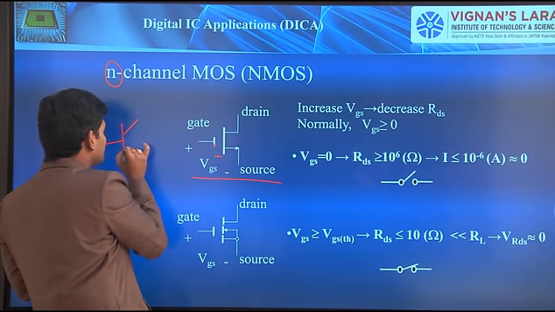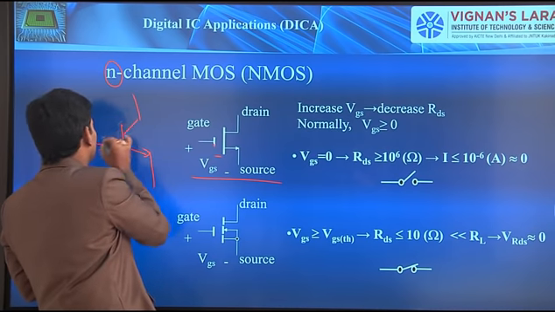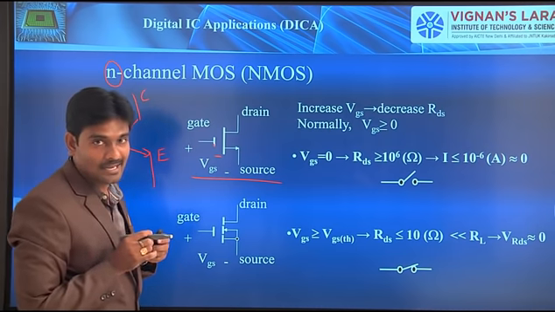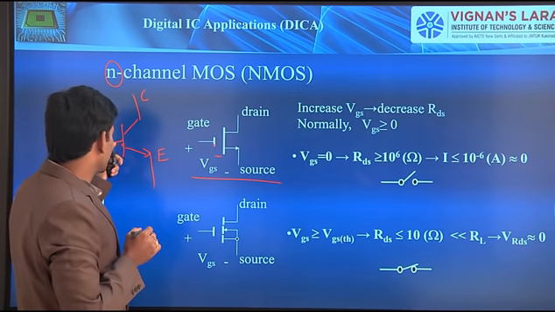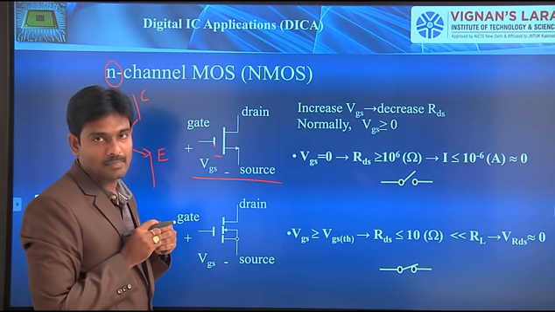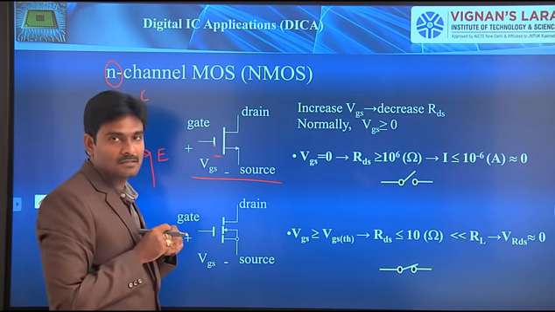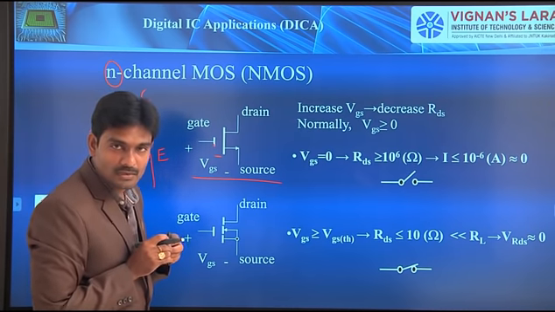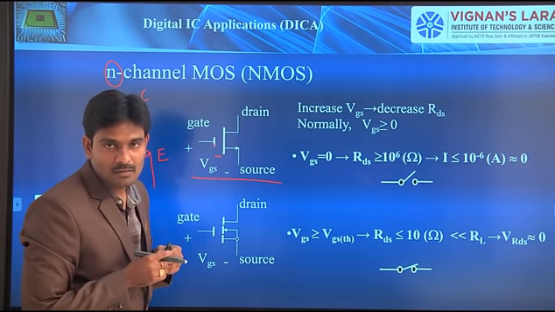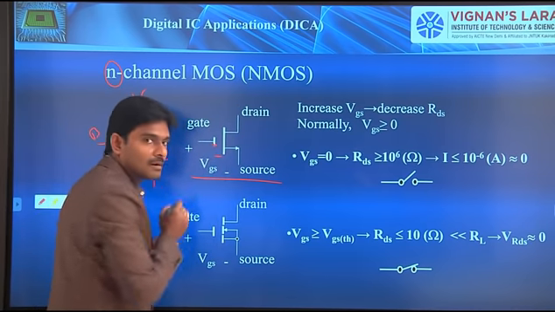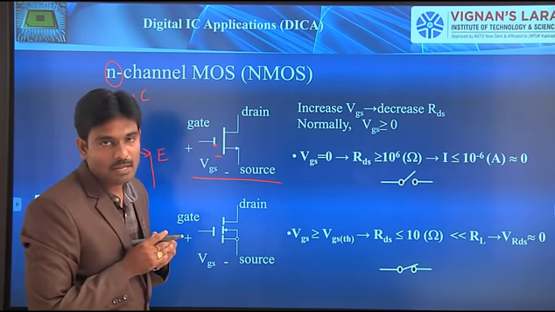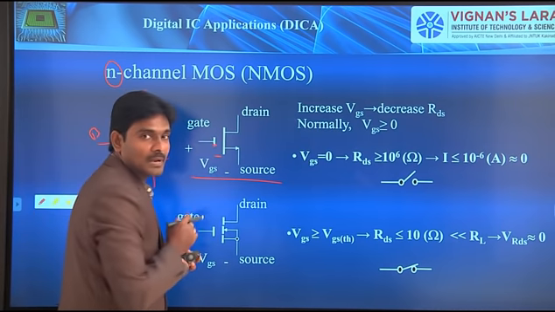So the BJT has three terminals: base, emitter and collector. These are all the three terminals. If you look at this one, the base is in direct contact with the other two terminals, emitter and collector. But in MOSFETs, because an insulating layer is present in between, the gate, with respect to source and drain, has no direct contact from gate to drain or source. So that is the reason why we mention it like this.